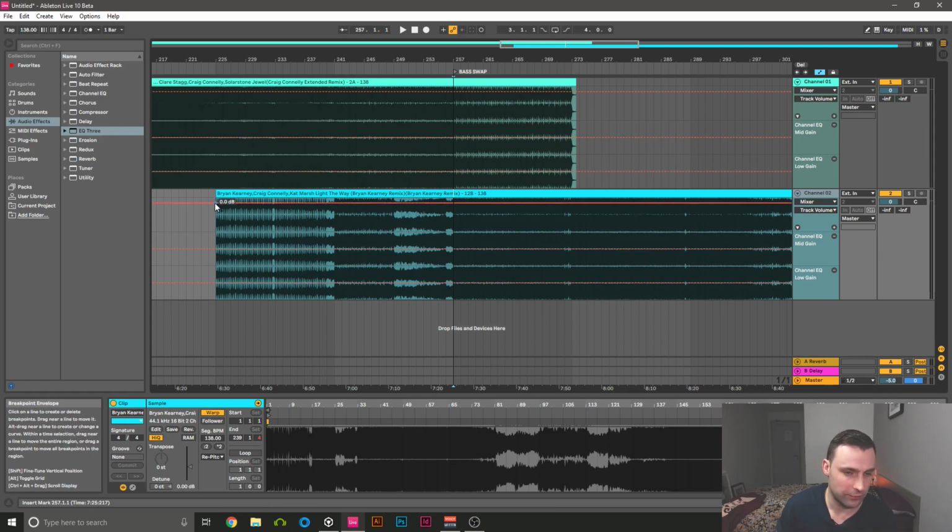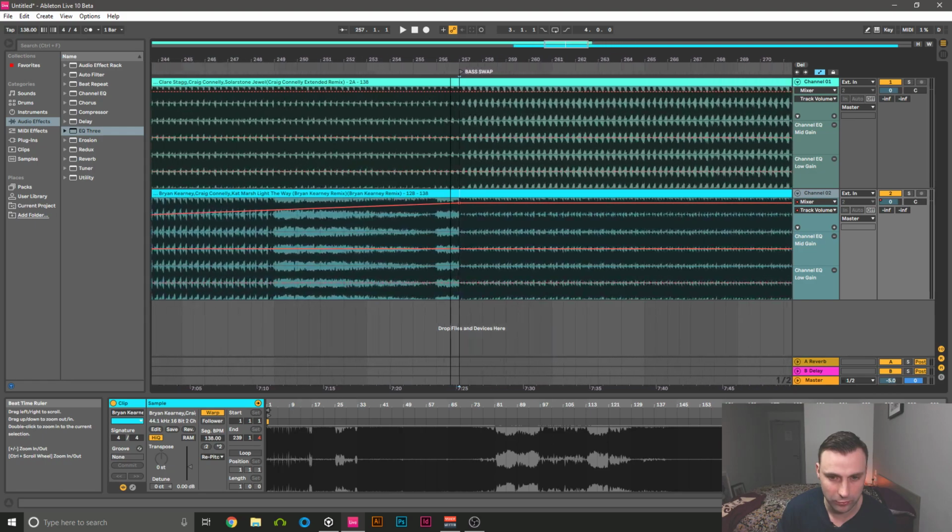From this cue point, I'll be bringing the volume up until the bass swap here. So you can just click to add a breakpoint, click again, and then pull that down to -infinity on the mixer volume. And something I like to do as well is have a kind of halfway point for the mids, and then the bass swap will be in this little section here where there's 1 bar and 4 beats,